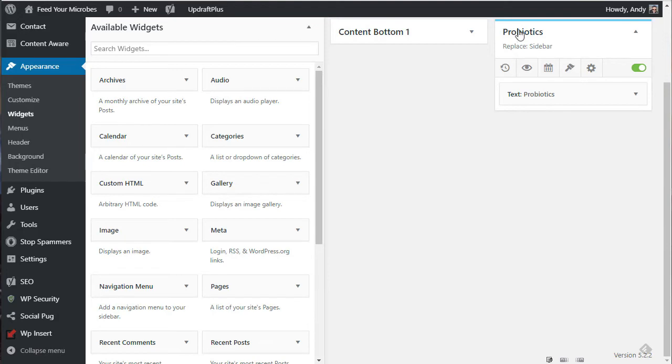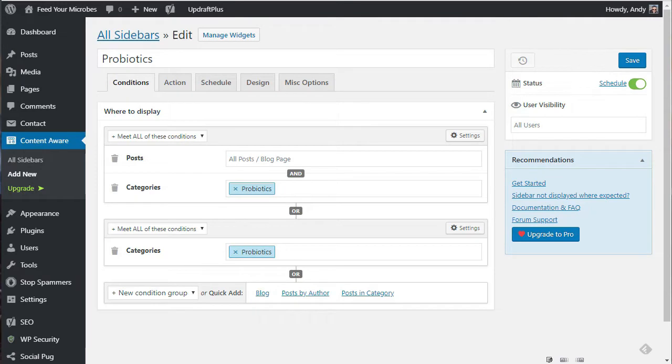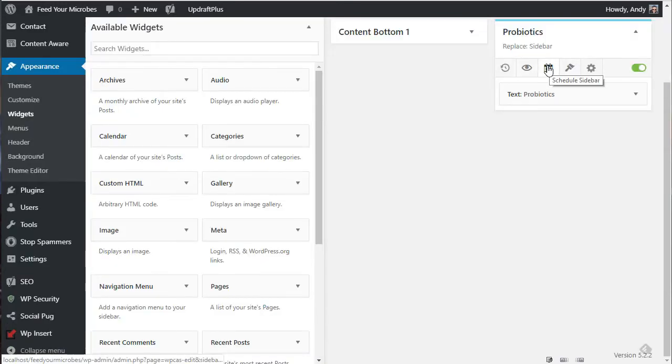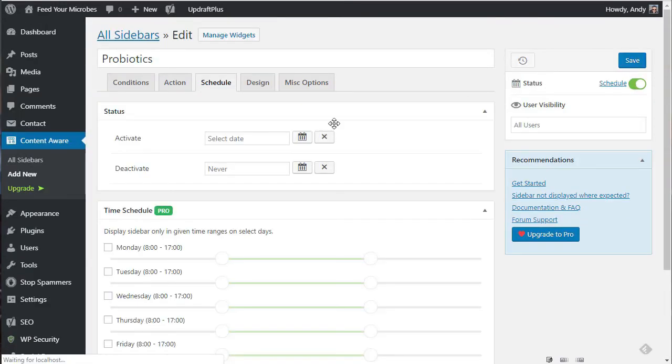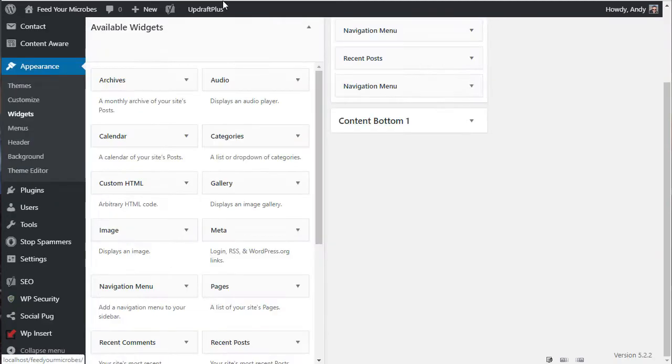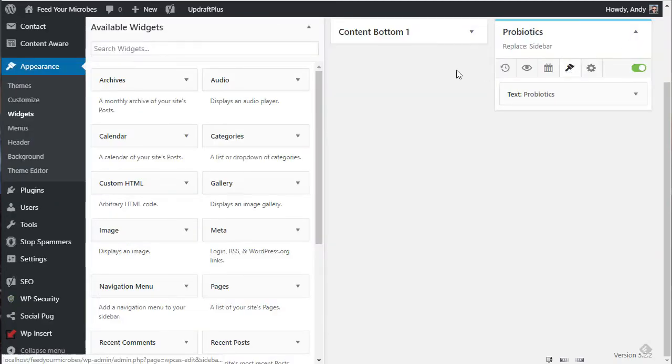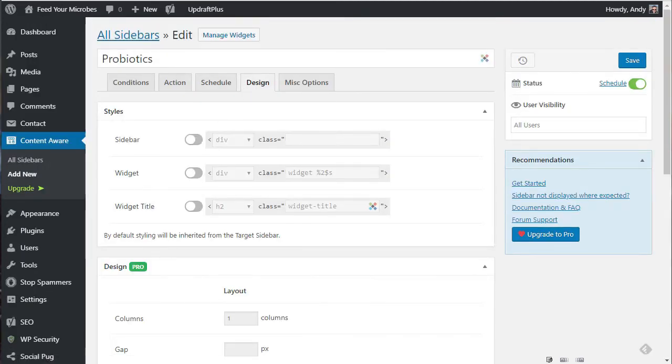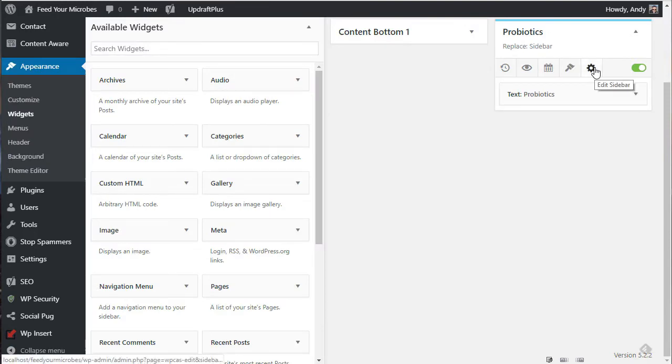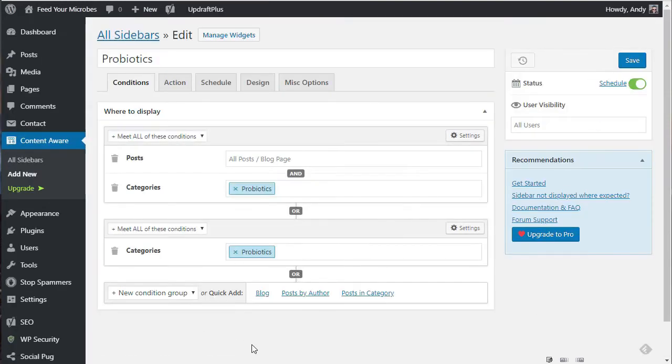And we have this little set of icons up here. This first one is a pro feature for widget revisions. This one is to edit the sidebar conditions, which takes us back to this screen. The next one allows us to schedule the sidebar, and it takes us back to this tab. Then we have the design, which takes us to the design tab. And then finally we have the edit sidebar, which takes us back here where we can edit the conditions as